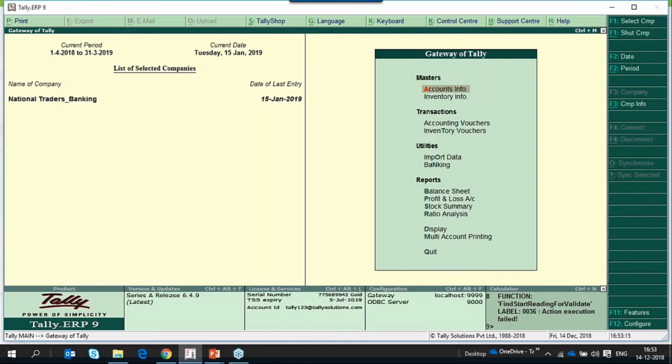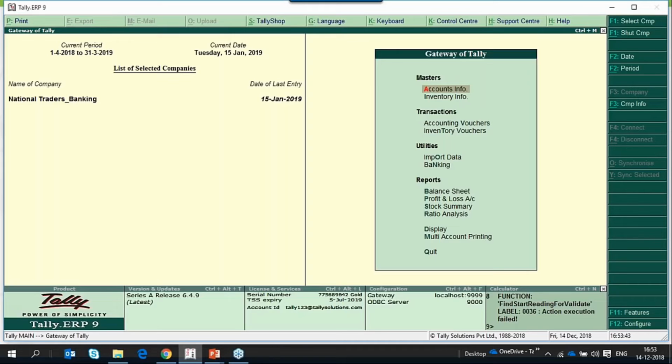We have a few more banks in the pipeline, which we will be supporting in coming days. And in our new version, which is expected, called Tally 18, we will be supporting these e-payments for almost all the banks. We are in talks with all the banks for this feature.